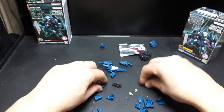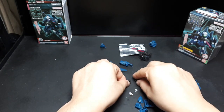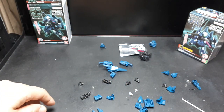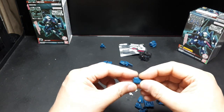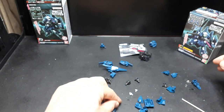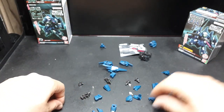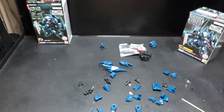These are the shoulders. And they aren't symmetric either. There's a longer peg, so I'm not sure. This looks like... I don't know. This looks like a foot. And where's the bottom of the feet? I guess these are the bottom of the feet. Alright, well...